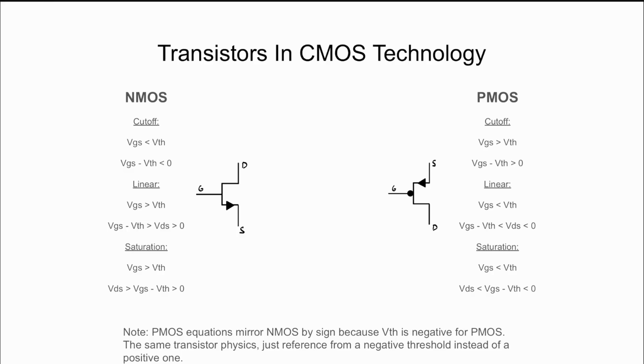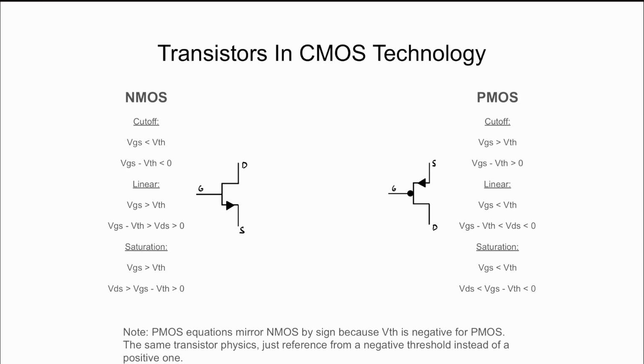The NMOS and PMOS are the exact same, just with the signs flipped. So if we look at the NMOS equations, you'll see cutoff is when your VGS is less than your VTH, that being your voltage between the gate and the source terminals is less than the threshold voltage that is inherent to the MOSFET you're using. The linear region is when your VGS is greater than your V threshold, and this is where current flows through the device, and that is the same behavior exhibited in saturation. However, you'll start to see some current pinch off in the saturation region,